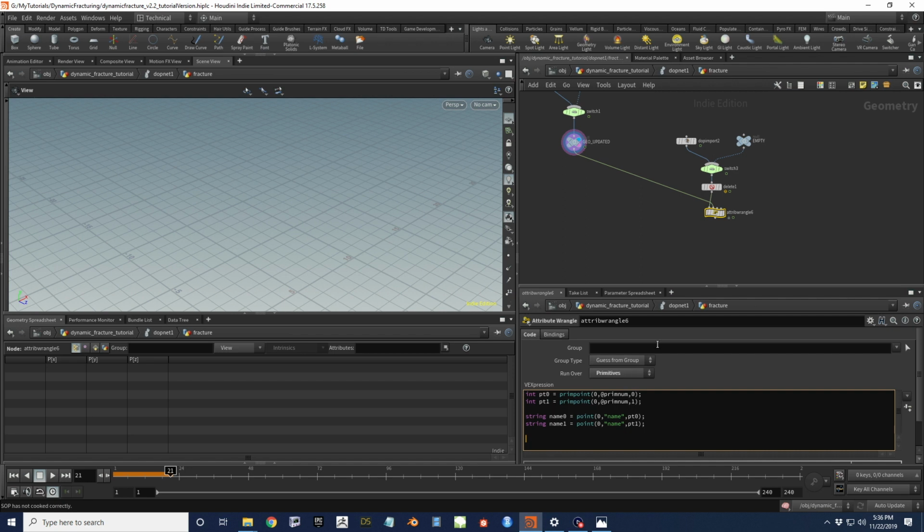And we can do that using our old friend findAttribVal. Basically what we're going to do is look for this name in this geometry. If it doesn't exist, findAttribVal will return -1. It'll basically say, well, there is no point index that satisfies that. So all we need to do here is basically ask